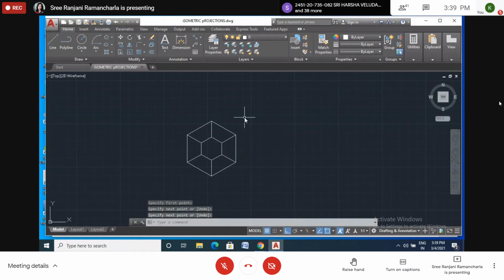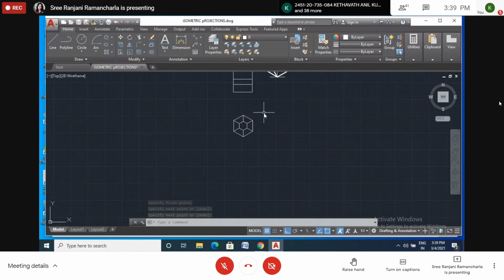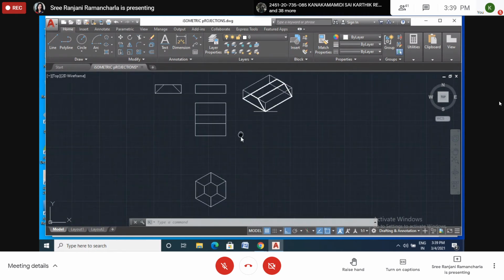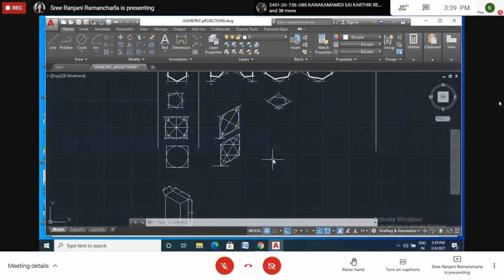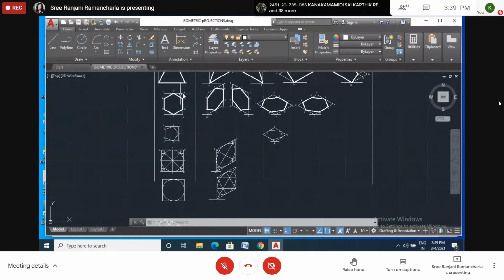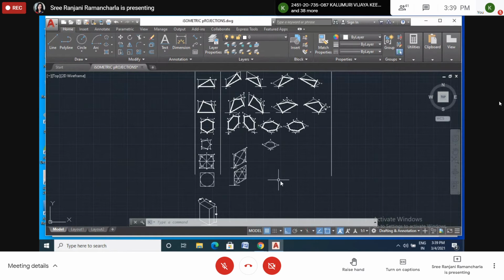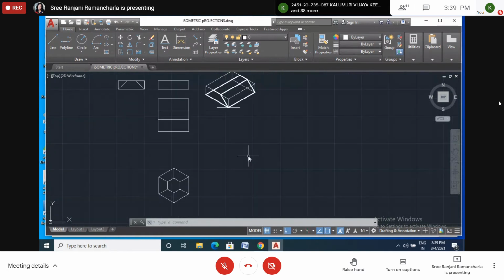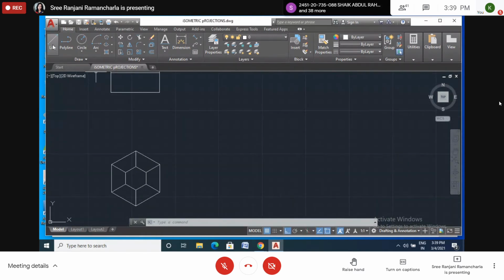How we constructed? This is the top view. Okay, this is the top. Now we have to construct as usual. I said that for any shape of the plane or solid, we have to construct one box around that, touching corners and edges. So similarly here also, we have to draw one.